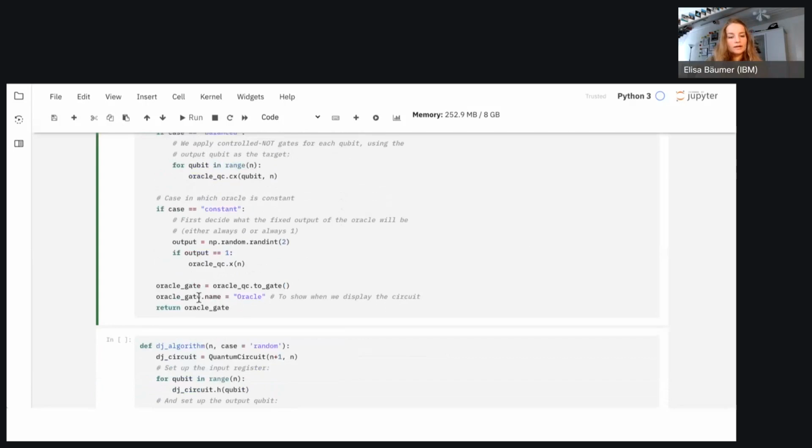Okay, so if the case is constant, then we basically don't need to do anything. But in theory, let's do it as we learned in the theoretical part. We have a random number, because it could be constantly 0 or constantly 1. If it is constantly 0, then we just output 1 every single time.